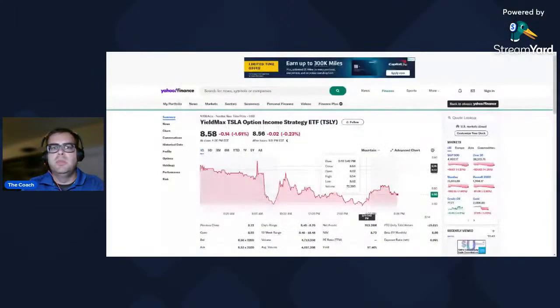We dropped to 8.58 today. We were down 14 cents. Let me share this really quick because the share price post split will actually be double what it is right now. It doesn't mean your share price is doubling. It means your share number is going to get cut in half and your total value stays the same, but it doesn't mean there's any gain by any means. I think the dividend will stay the same.